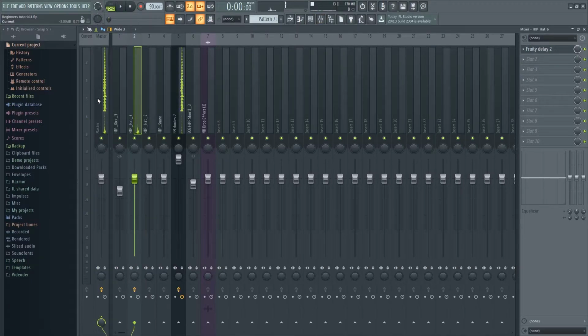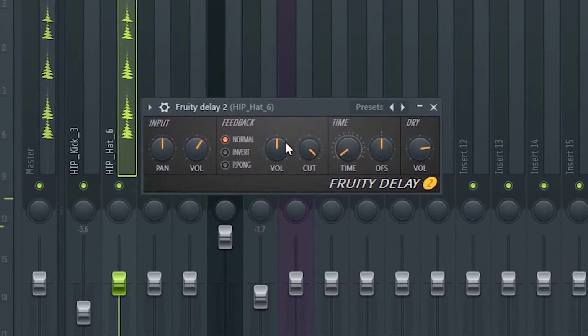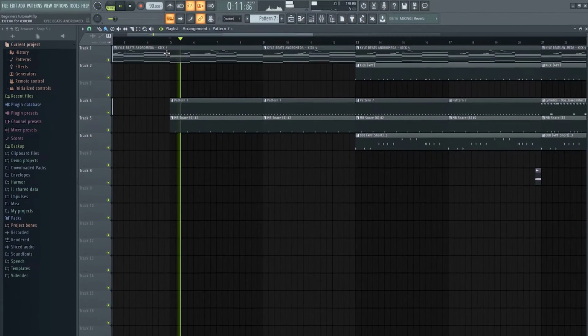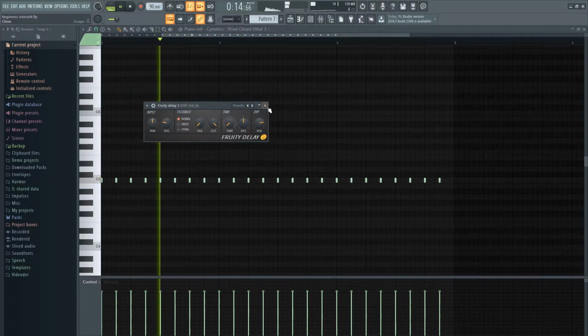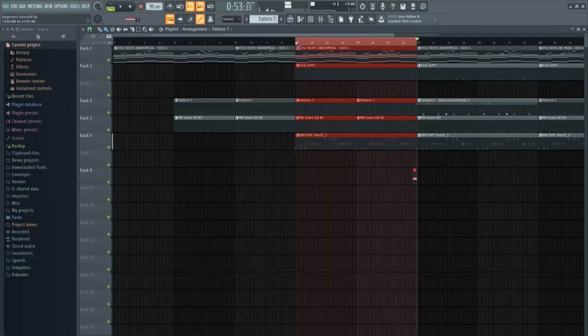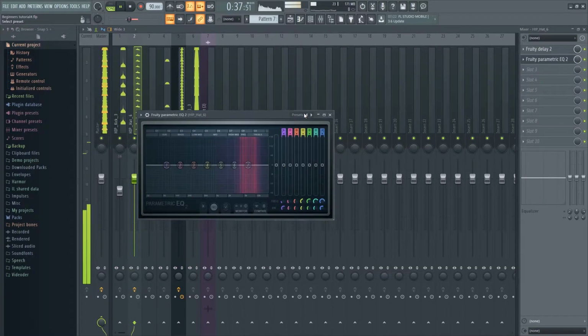Got an idea with this hi-hat. Okay, this is a random idea. Okay, and let me EQ this hi-hat as well. EQ this. Remove the low end,